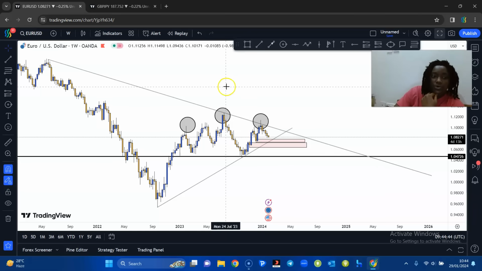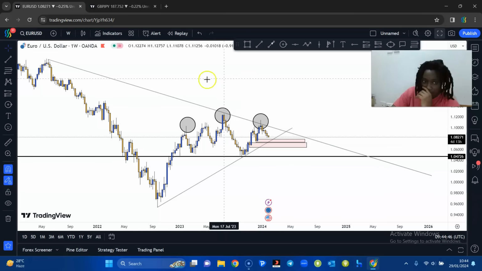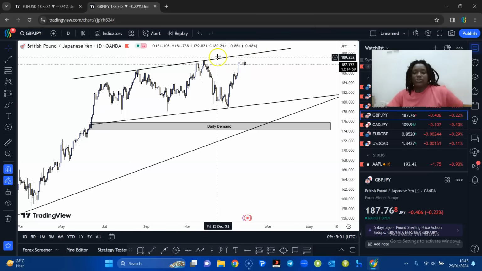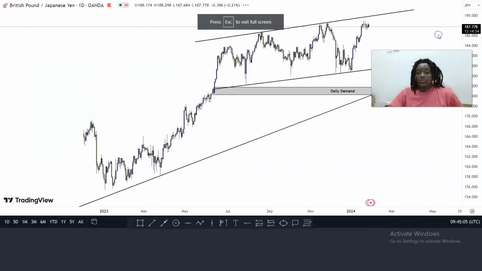All right, so this is the Euro USD. Let's also take a quick look at the GBPJPY, since we still have a little time. I remember sending this analysis on the hub on Telegram as well, and I don't have any clear direction, to be very honest. So I sent this based on the daily time frame, and it looked pretty good, right? It looked really good,